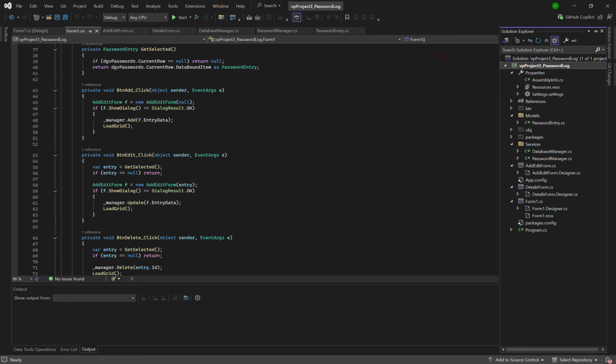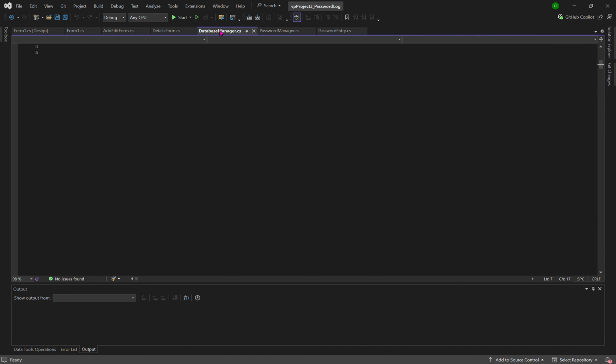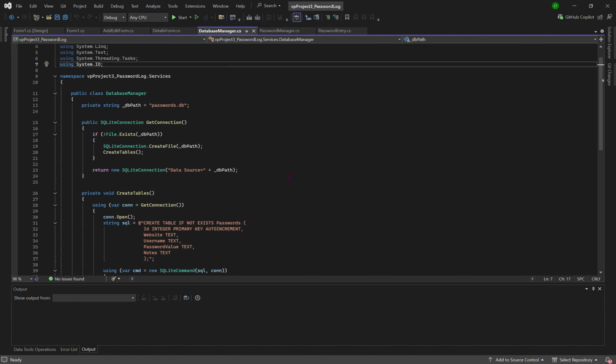One of the things I did was create a password entry class inside this models folder, and this includes properties like ID, website, username, the password value, and notes. And I can show that here. And then next,